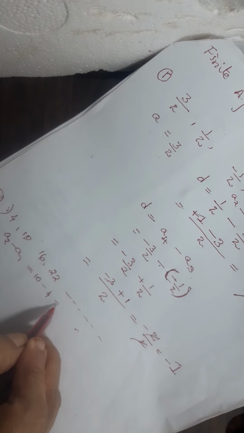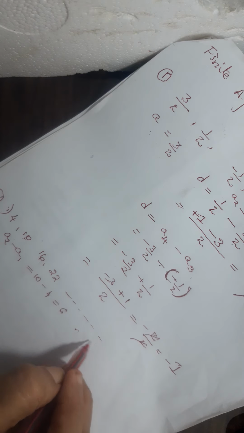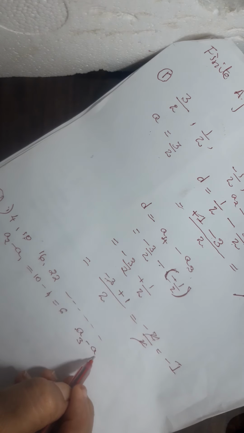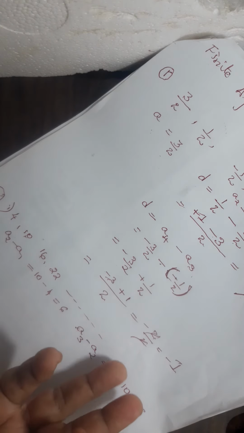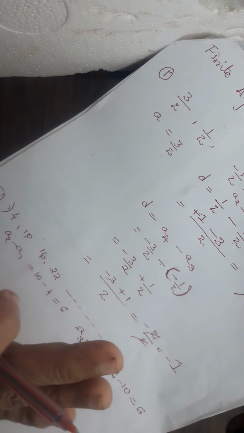Since you should answer in a very nice manner, when they give you a list like this, you should say A2 minus A1 is equal to 10 minus 4. You have to show that, and it is 6. Show some more: A3 minus A2 is equal to 16 minus 10, which is equal to 6. So since there is a common difference in this set of numbers, it forms an AP. You should write like that. Okay? In any manner, but you should be clear in writing. That's all.